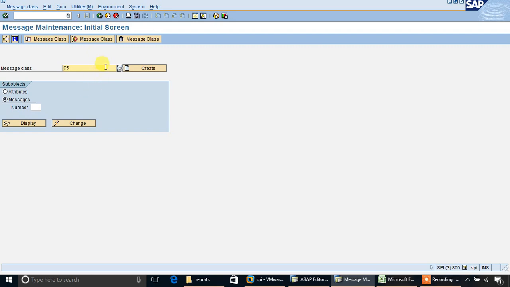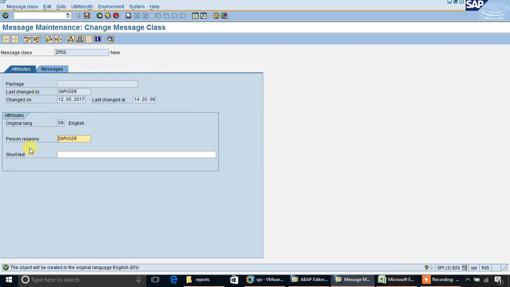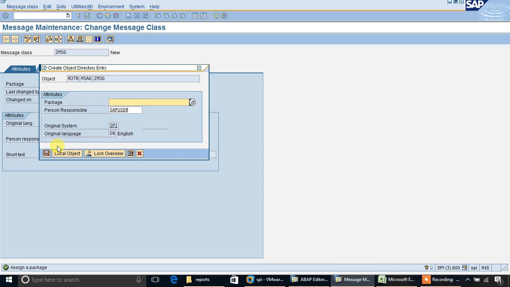Here we create our own message class, ZMSG. Create, short text, save in local object.